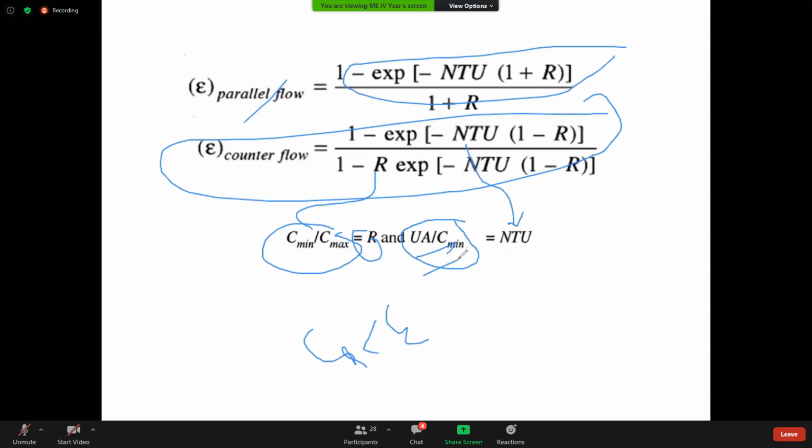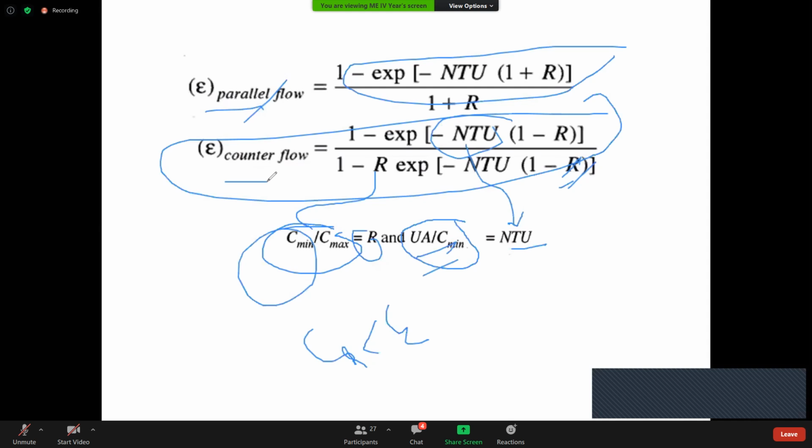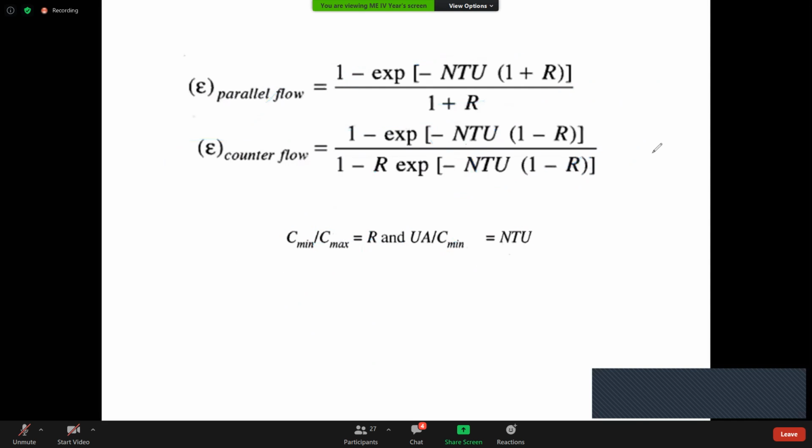UA by C maximum cannot be NTU. The NTU definition is UA by C minimum. C minimum by C maximum is R. Here there is NTU, here there is R. The effectiveness is calculated with the help of formulas. So the derivation just comes like this. There are big derivations which are easy derivations, lengthy and easy. In the data book, there will be n instead of NTU, and instead of R